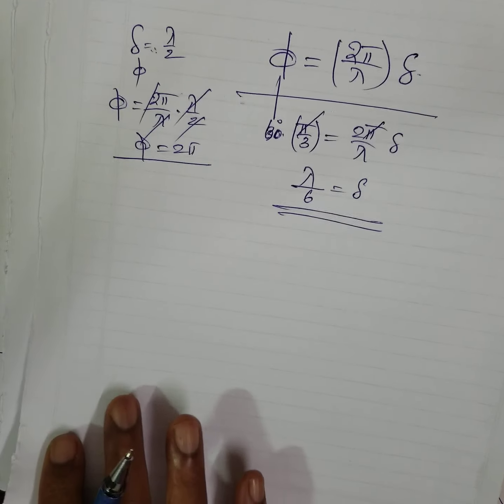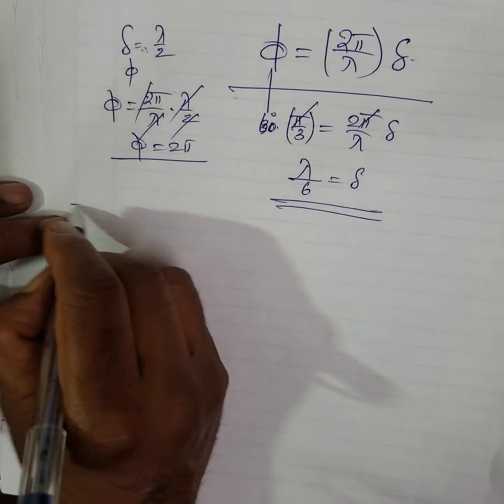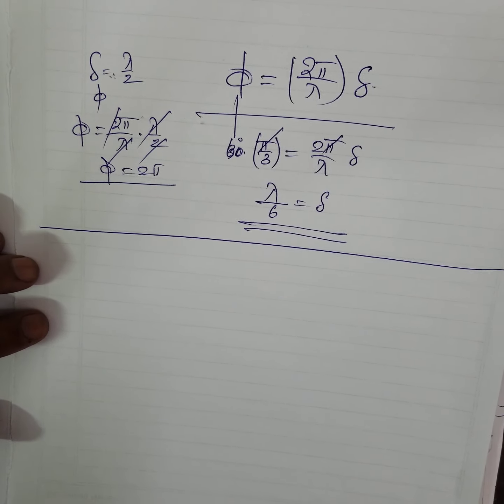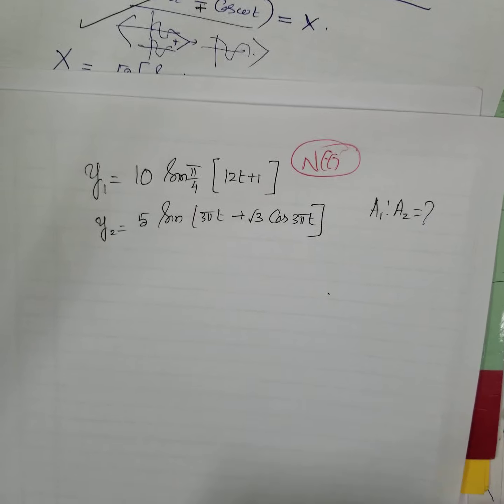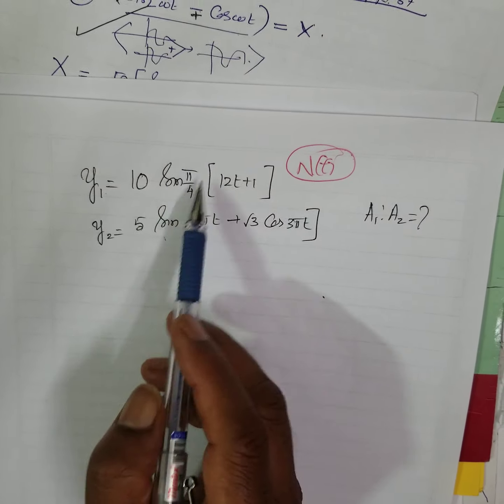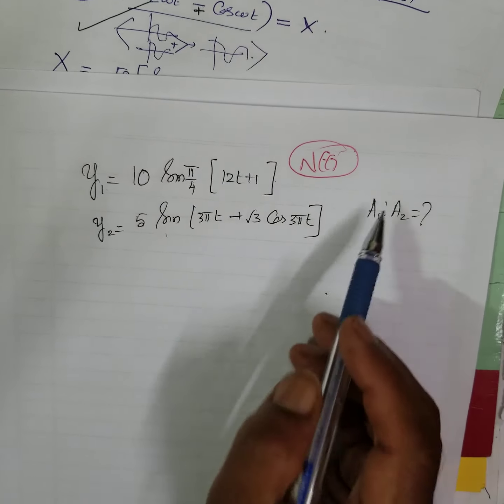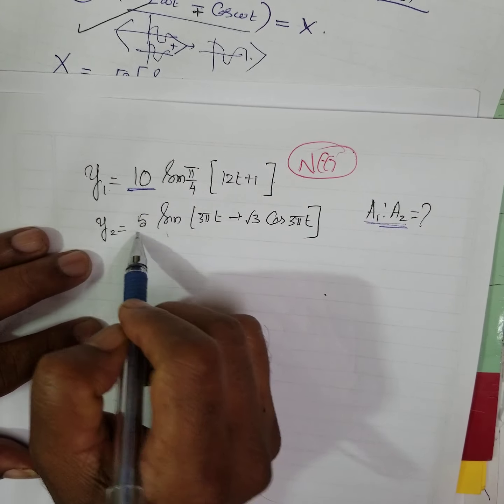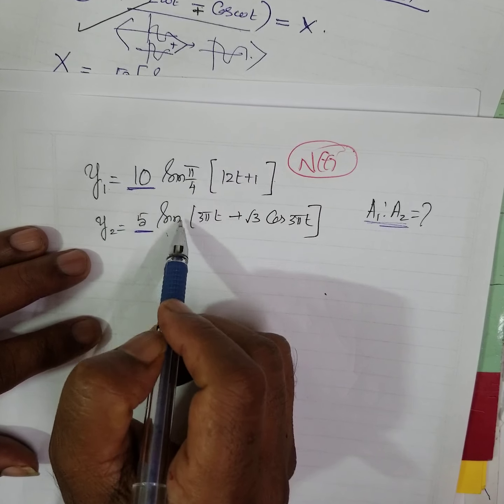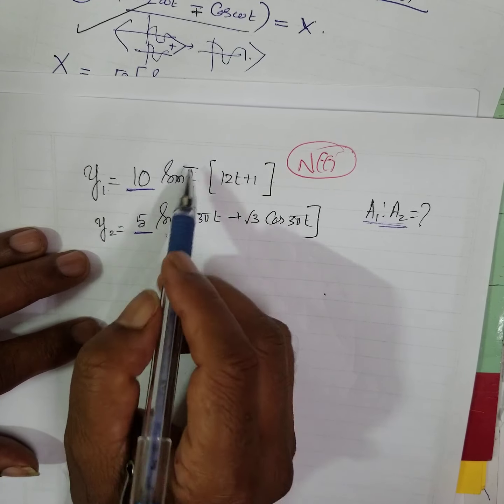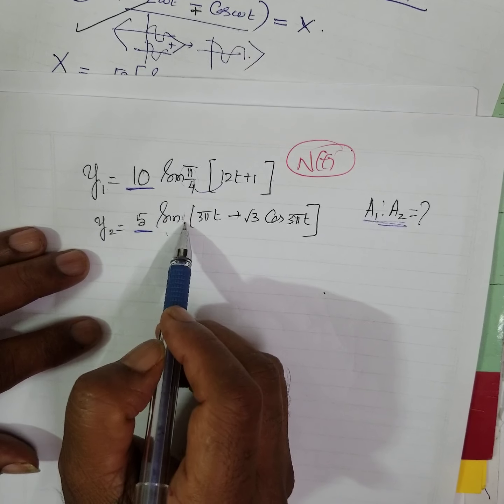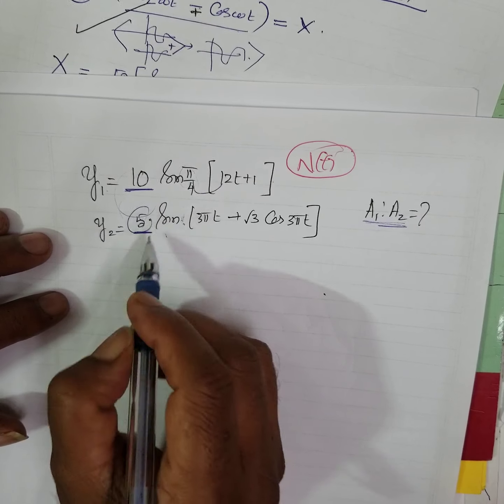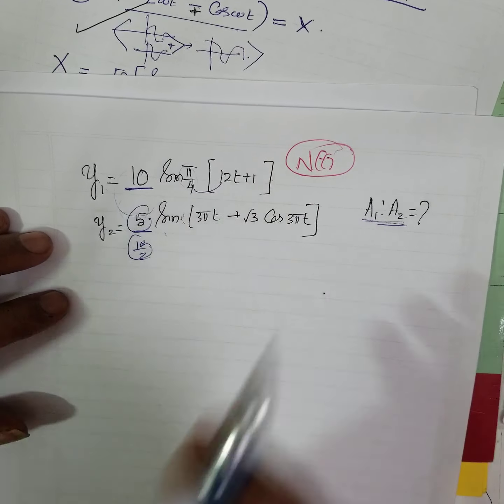Another sum that they've asked in NEET. I'll try to get that sum also. This is one of the NEET sums. Now they have given y1 and y2. Two waves are given. What is the ratio of the amplitudes? Here you have to make the amplitudes comparable: you bring the sine pi by 4 outside, or send it inside, so that nothing is left here. Somehow you have to make the 5 into 10. How? 10 by 2 I can do, so the 2 I can take inside.